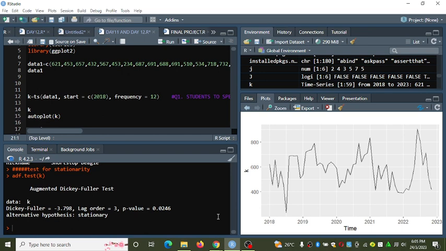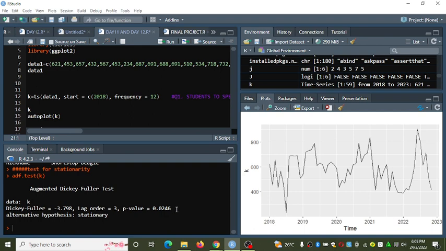And what you do is compare the p-value with 0.95, or rather 0.05. You can compare either way.